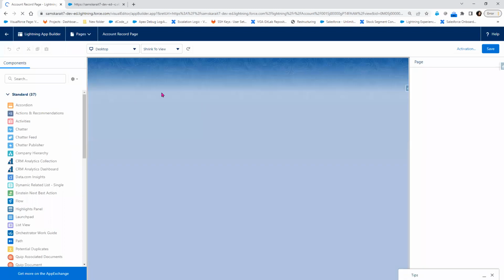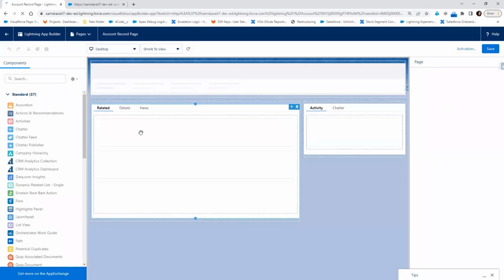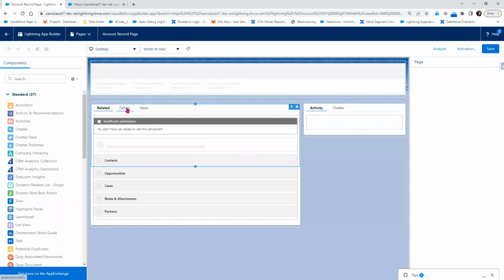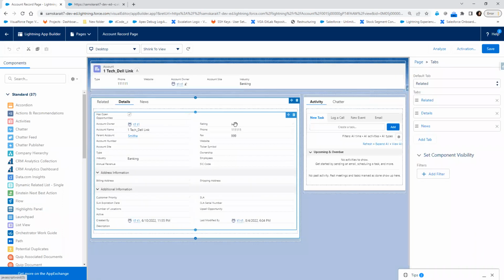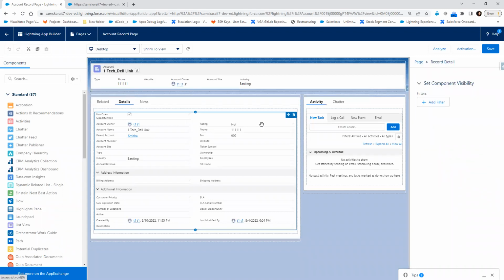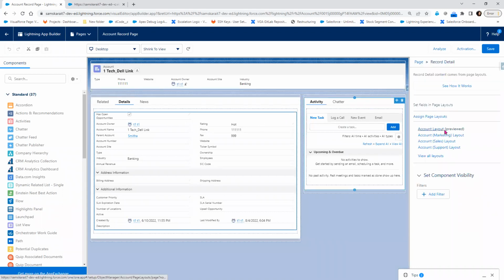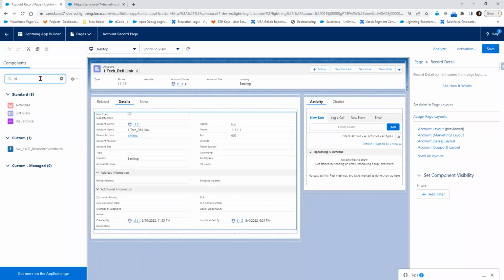Right now it is displaying the detail section, which is taken from the account layout. But in case you want a Visualforce page, any VF that I have,